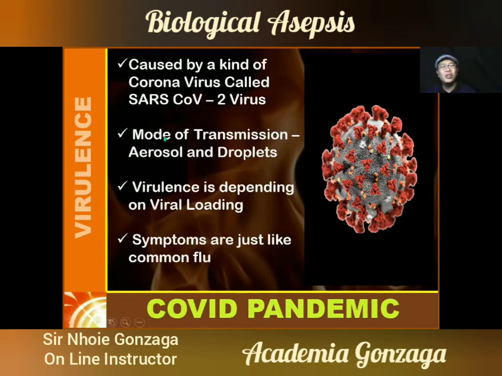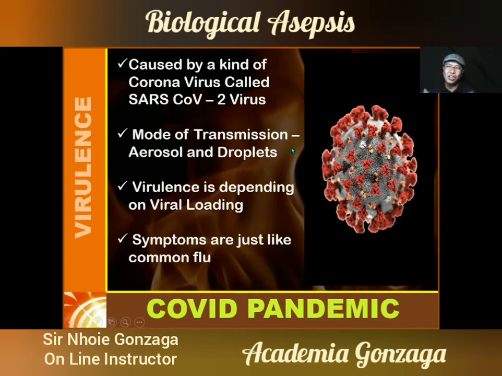Number one is aerosol. What is aerosol? It is when these things become very, very small and they suspend in the air. Okay, that is aerosols. Examples of aerosols are in an air-conditioned room. And then another one is droplets. This is what we said earlier, that some microorganisms travel with saliva. That's why they cannot suspend very long in the air. They will drop right away to the ground.